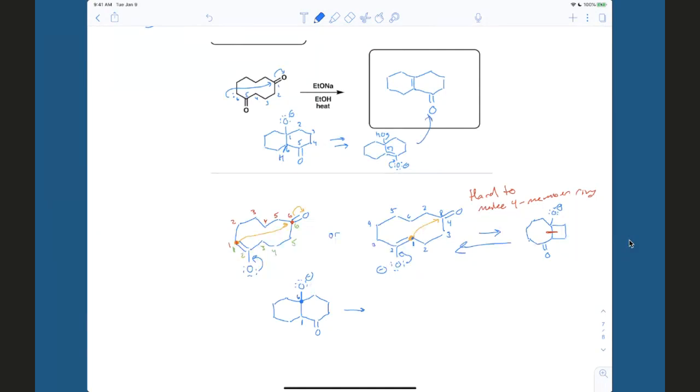So the bigger ring, this, was that a 10-membered ring? It actually helps the reaction because it's an intramolecular reaction. So this is actually called a transannular reaction because it's reacting across the ring. I would say that this one probably would be too tough to put on an exam, but